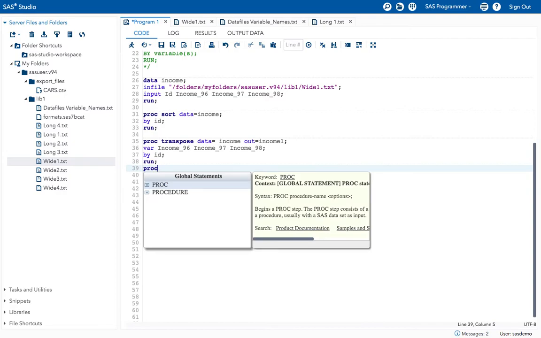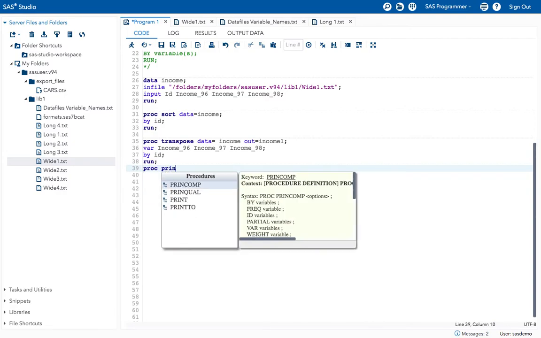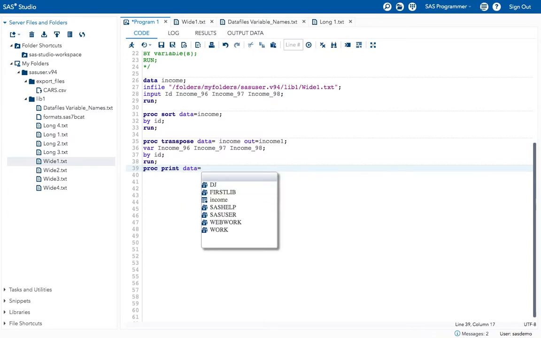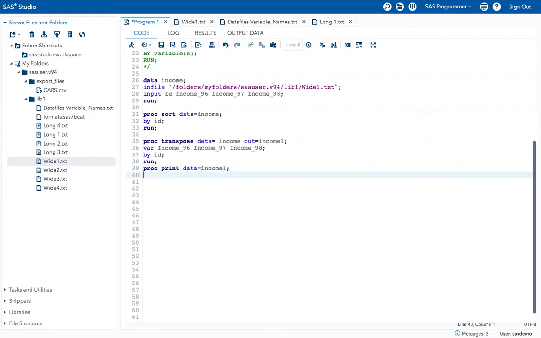I want the results to be printed, so proc print data equal to income1, right? Now run the program.